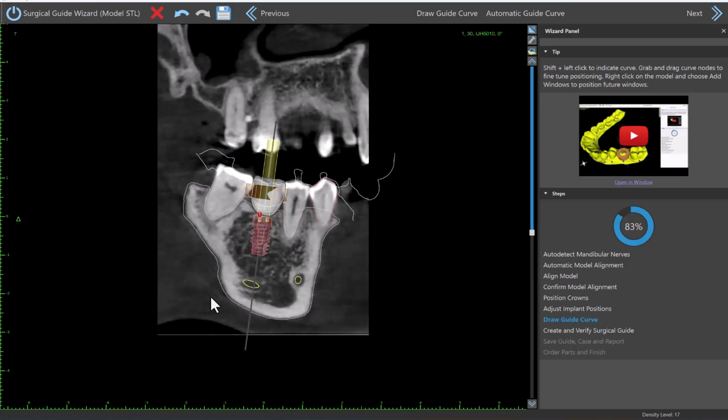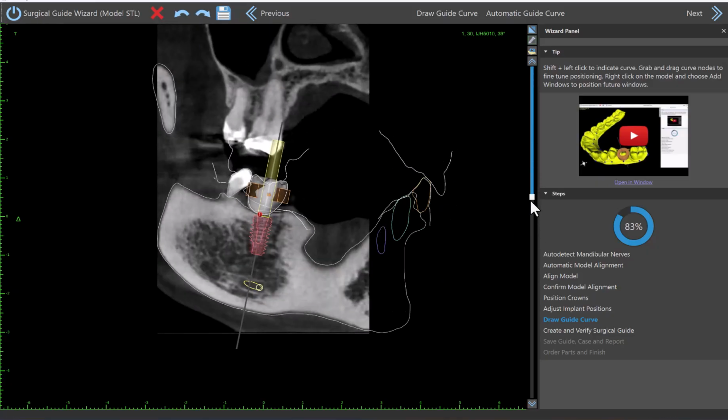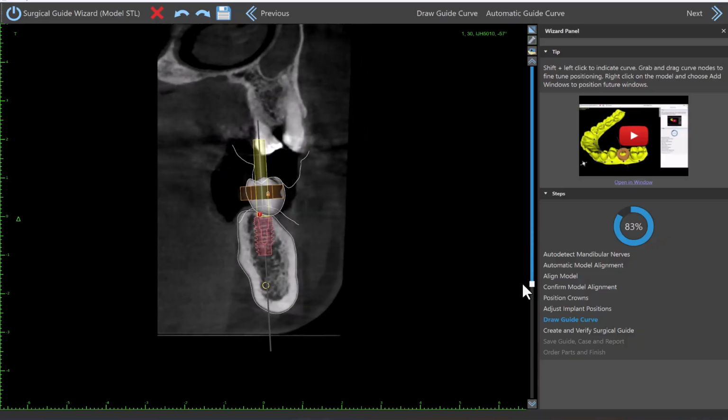If we want to modify the implant placement, which of course should be reviewed very carefully, we could simply right click, unlock the implant, and use the widget on screen to grab and drag. This is our tangential view, so you could rotate 360 degrees around the implant to review,